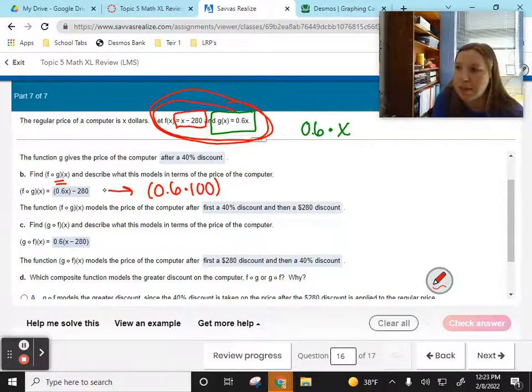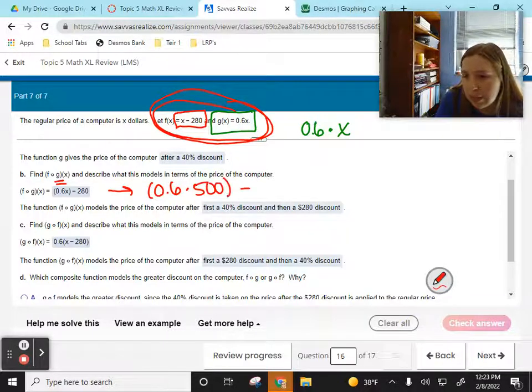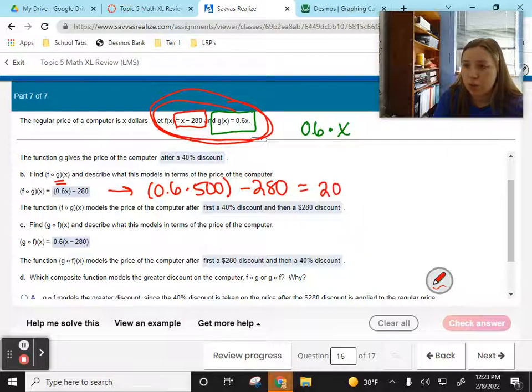Oh, it's got to be bigger than 280. Let's say my computer was $500, minus 280. So 0.6 of 500 is 300 minus 280 equals $20. So using our f of g of x function, the price of my $500 computer after all my discounts is